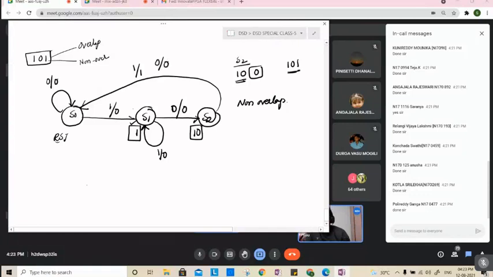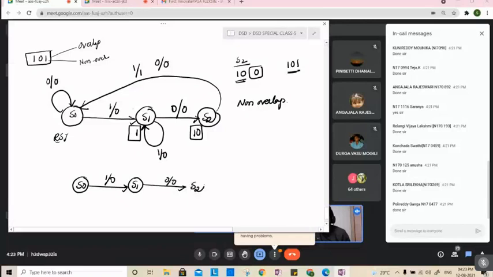Non-overlap condition. Overlap condition is 0. 1 by 0, it moves on to S1. 0 by 0, it moves on to S2. S1 is a state which has detected a 1 and S2 is a state which has detected 1 0. After S2, 1 0. Whenever it is 1, what will be the S1